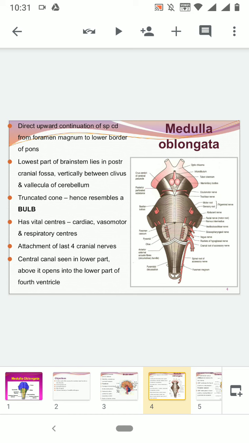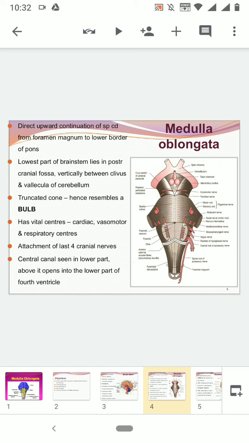Now coming to the medulla oblongata, we have to know about the external features. Remember that the external features in the medulla oblongata are read in 2 portions, that is, you have a ventral aspect and you have a dorsal aspect. Now the ventral aspect is what we see, that is the anterior aspect. It is also called the anterior aspect, and the dorsal aspect is actually covered. The lower part is closed for the medulla oblongata. The upper part forms the lower part of the floor of the 4th ventricle, and it is covered by the cerebellum.